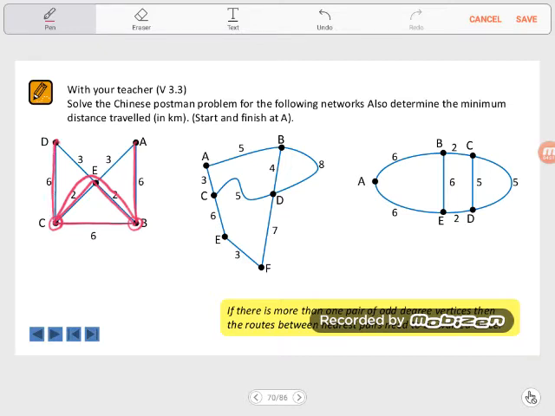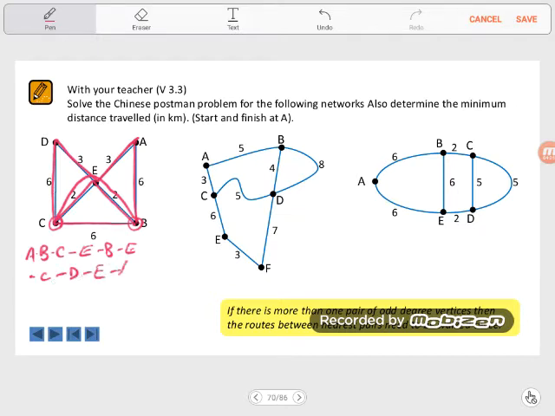Then we go up to D, back down to E, and up to A. So that route was A to B to C, to E to B, and then we went back to E, to C, to D,